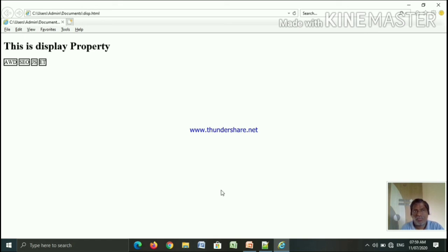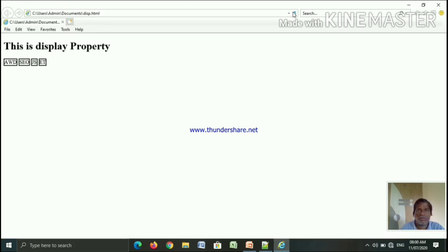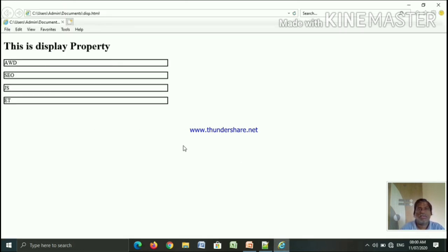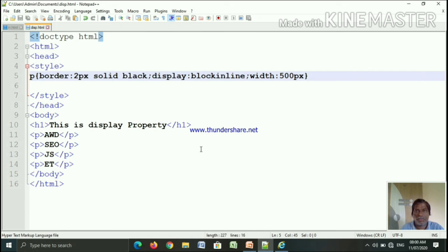Okay, if we change this value to inline-block, then it will apply the width property. See the effect. Here it is set to 500 pixels. So I think you understand what is meant by the display property. Okay, thank you.